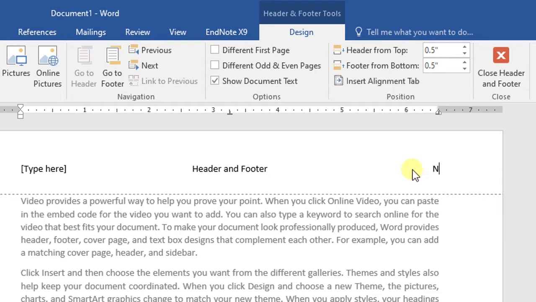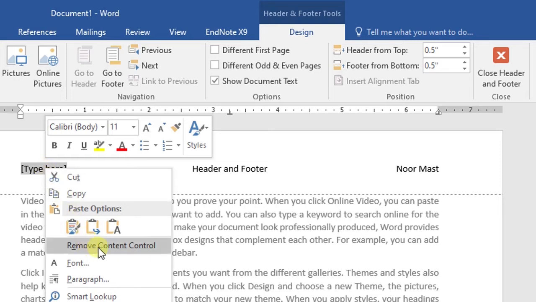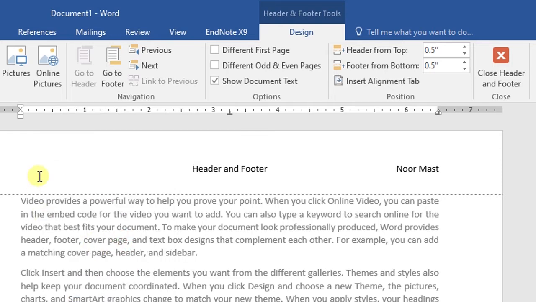So type the author name. And with that field, suppose we don't want to use this one. So right click on this one, and from this pop-up menu select Remove Content Control to remove it from the header section. Now press the Close Header and Footer command on the Design tab, or press the Escape key to exit the header section. So press the Escape key.